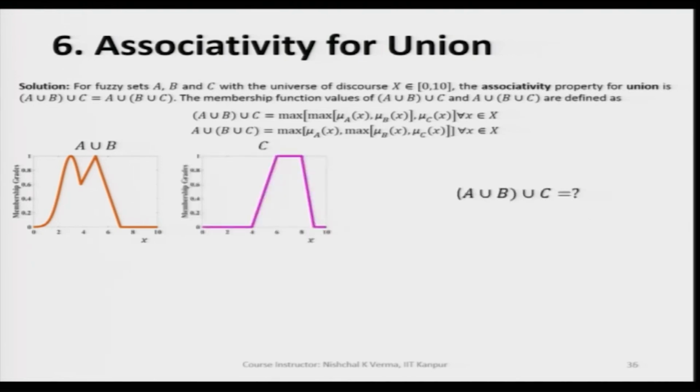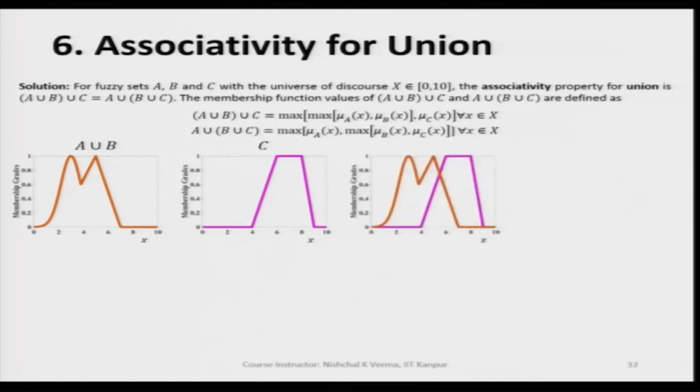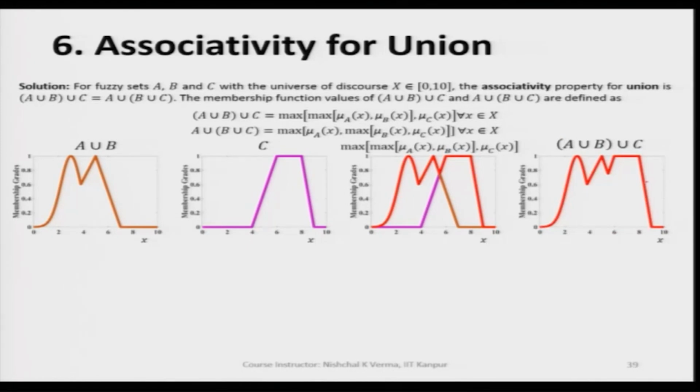So, we have C fuzzy set here. A union B union C, we are going to get it like this. If we apply the same criteria, we are going to get this portion as the A union B union C by applying the same max criteria. Now,